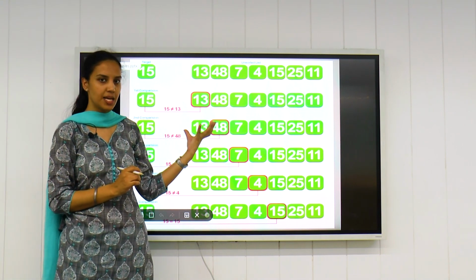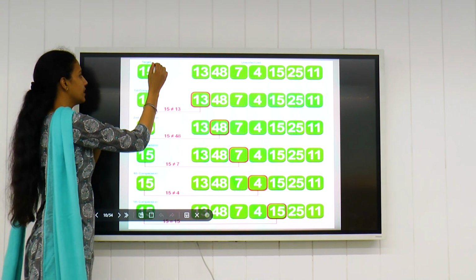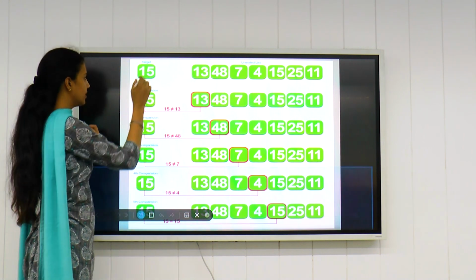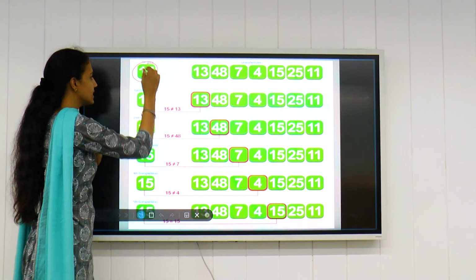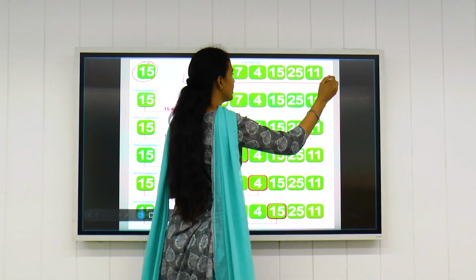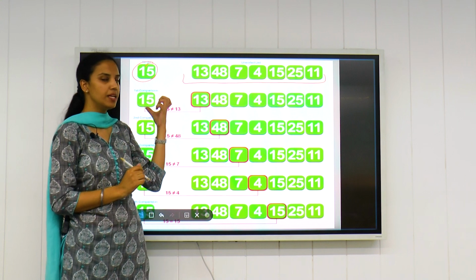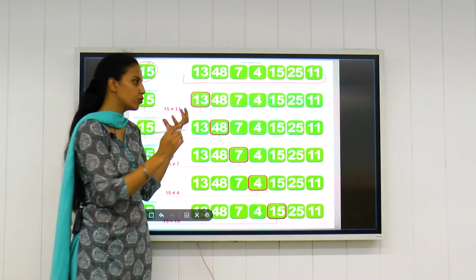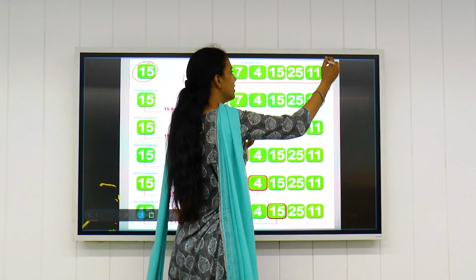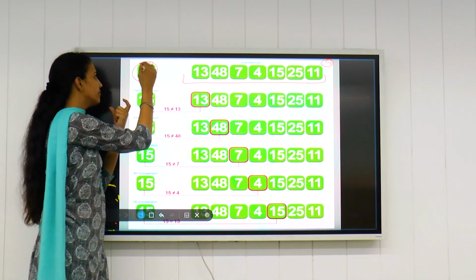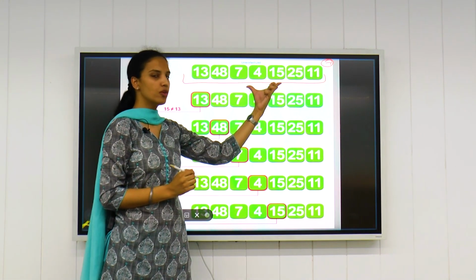Again, this is a basic example. Suppose we have an element that is 15. We want to check whether 15 exists in this list of elements or not. In the previous example, we had taken an element which was not in the list, so the output came out to be -1. But this time I am taking an example in which element 15 is present in the list of elements given to us.